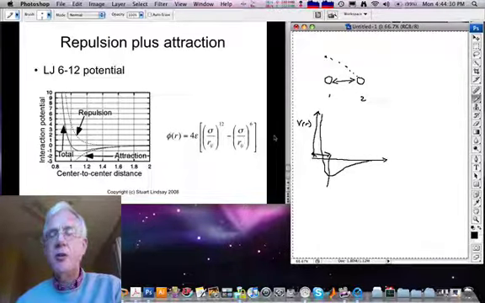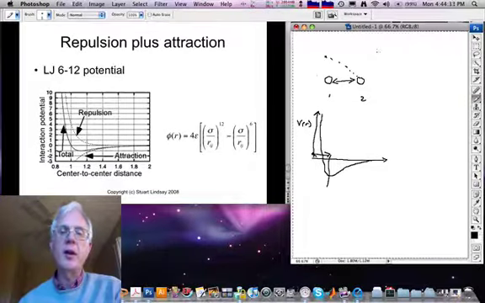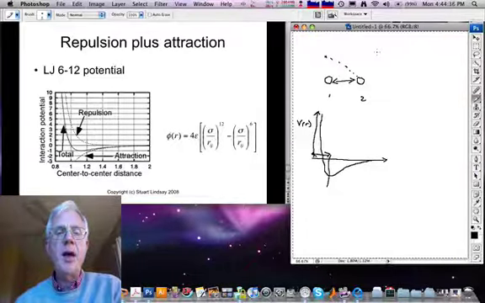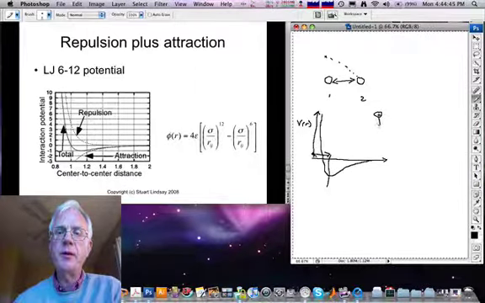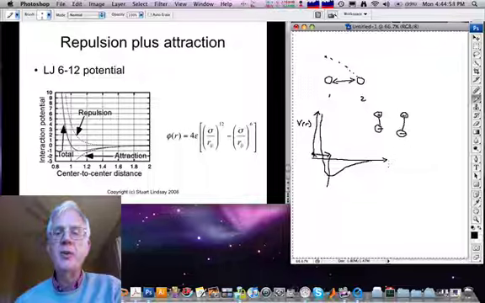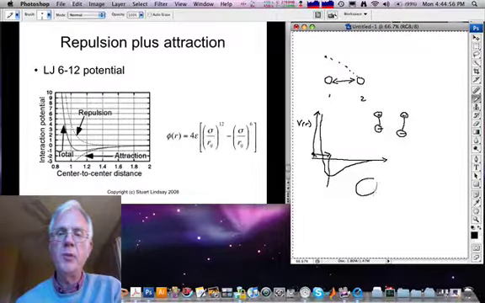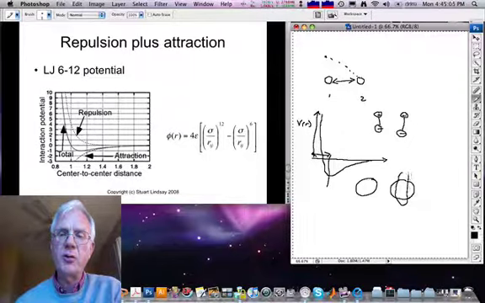Such a potential applies not just to covalent bonds, but to many types of atoms that interact via weaker interactions, such as, for example, dipole interactions between molecules that have charges separated on them, and even to atoms that have no dipole moment at all, so completely uniform charge distributions, but that are fluctuating, so that at a moment in time, for example, the charge distribution might look like this,